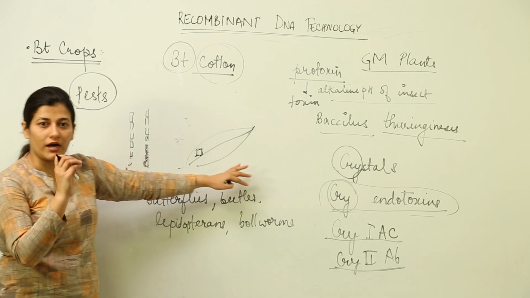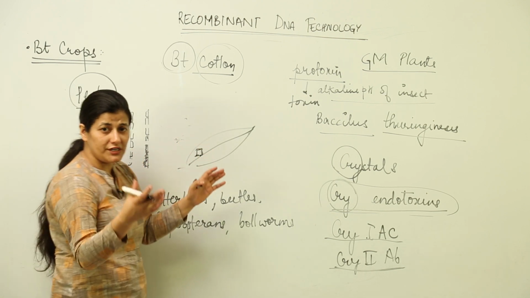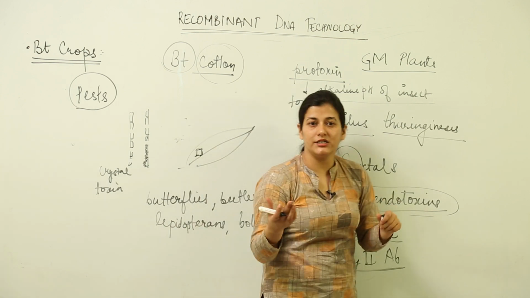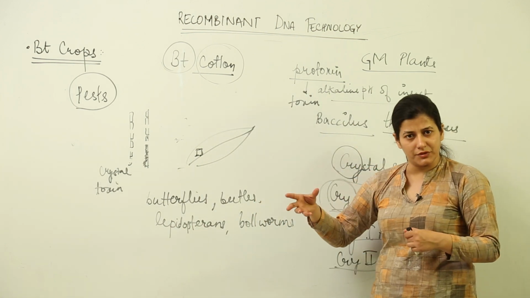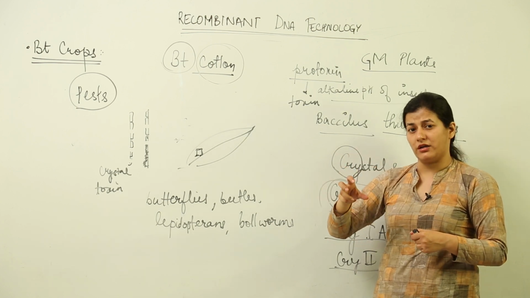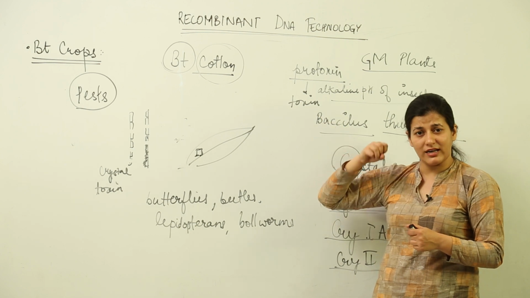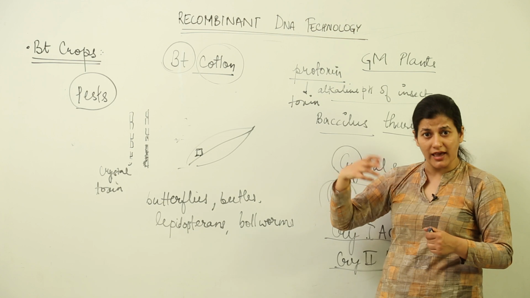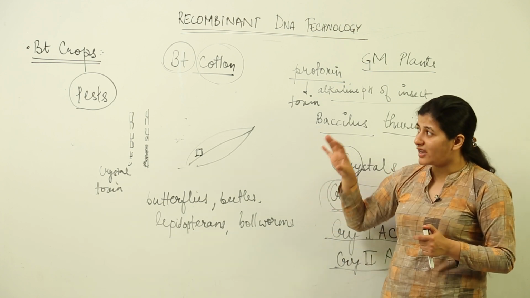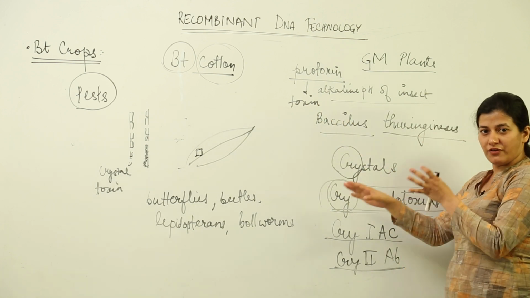So you see how target specific we have got in terms of pesticides. Like we had the example of DDT. When you sprayed DDT in the fields, it was supposed to kill all the pests that were found, okay, because it was a strong chemical. Not just the pests, it later on got biomagnified in the lakes and it killed the birds as well. The bird population was declining as a result of that pesticide. So we get to know that these Bt crops are targeting the specific insect.